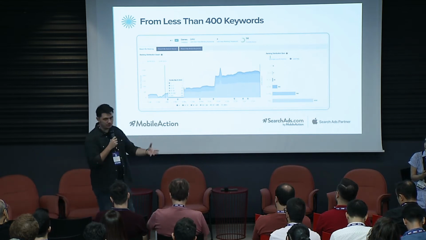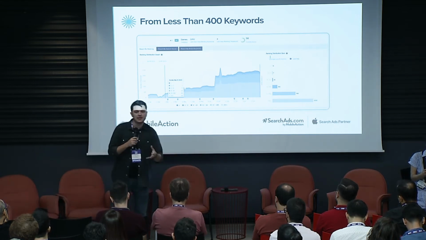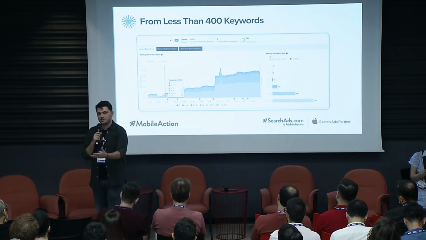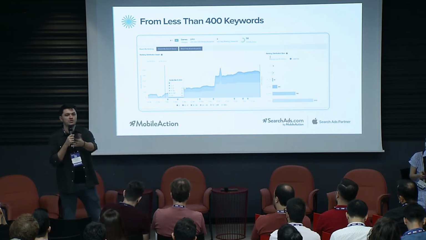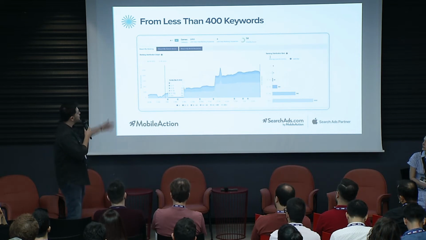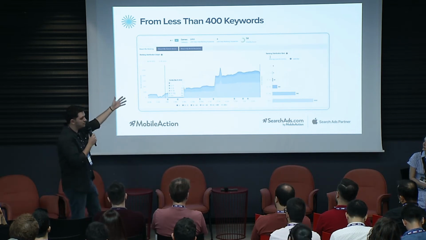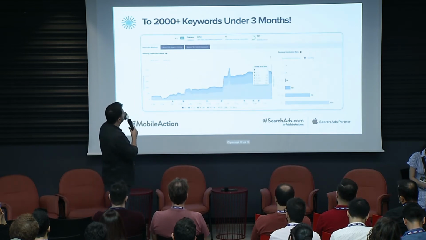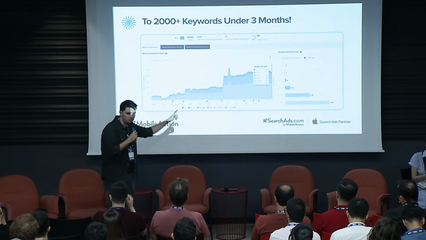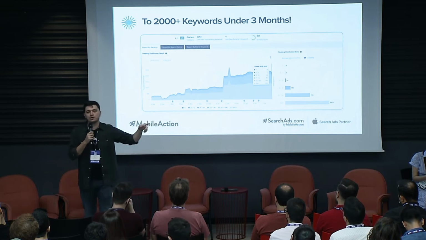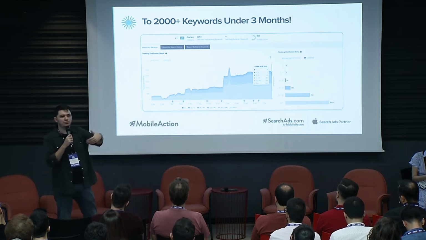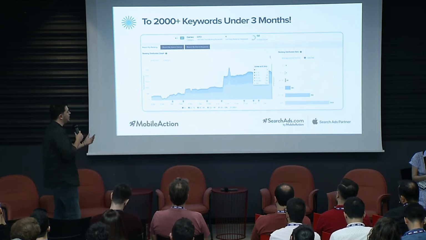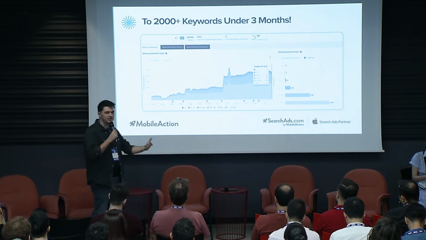For those who might not know that, there's different keyword types in Apple Search where you can bid for exact matches or you let the system determine which keywords are going to be relevant for you. So from about less than 400 keywords in less than a month and a half, if we can switch over, we were able to grow their keyword pool to 2,400. So this means basically from 200 to 2,100, that's a 12x improvement in less than a month,